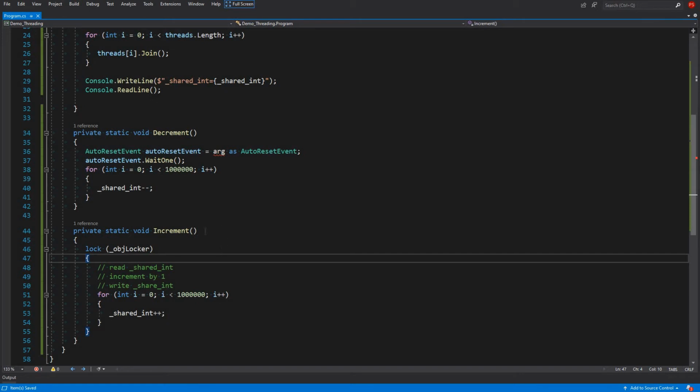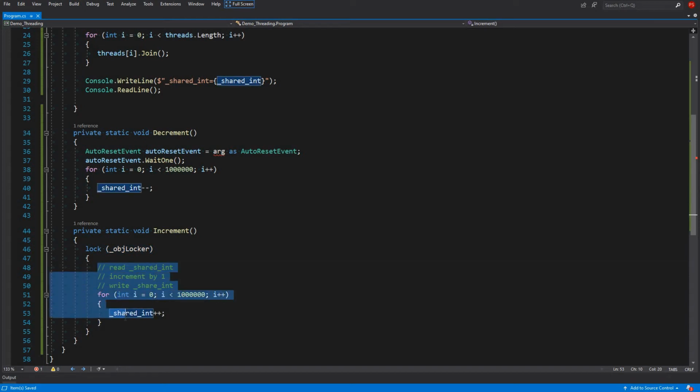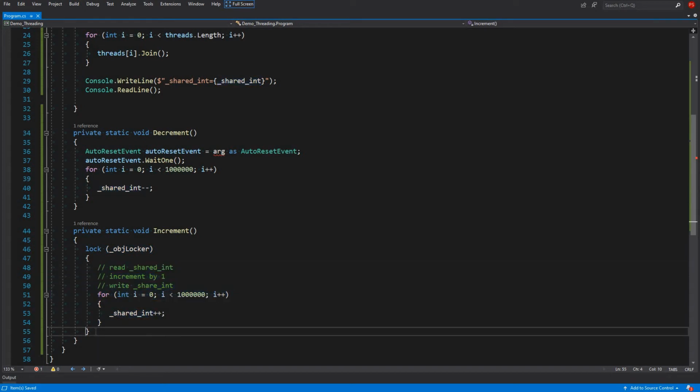So if you call this method on a different thread at the same time, it will be blocked. It will wait here at this line until the lock becomes available. That happens when the first thread is finished and comes to the end of this block, then the lock becomes available and another thread can enter.